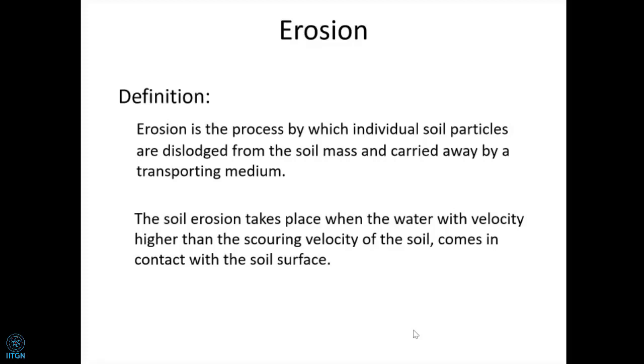Of course, erosion is such a simple phenomenon. Even by rainwater, you can see high embankments. There, the water picks up the smallest particle and erosion takes place. That is erosion due to runoff. But here, we are going to concentrate more on the erosion due to current and wave. That is in river and in coastal cases.